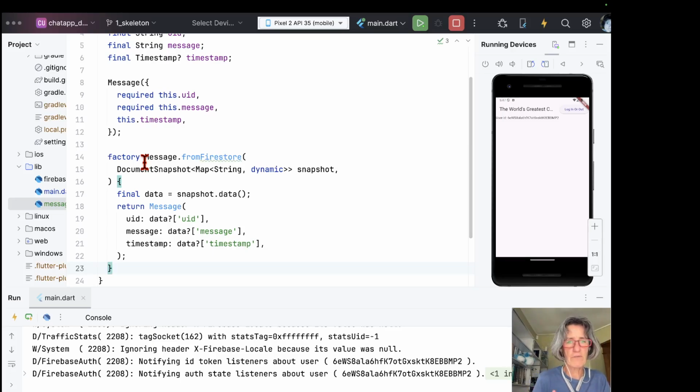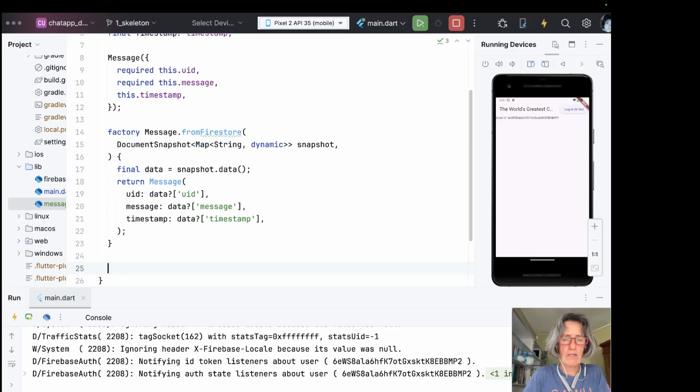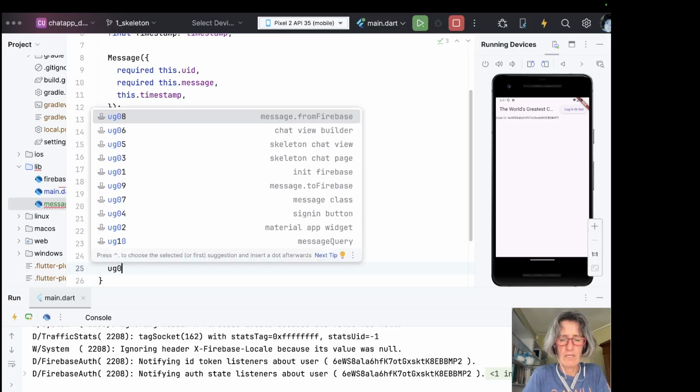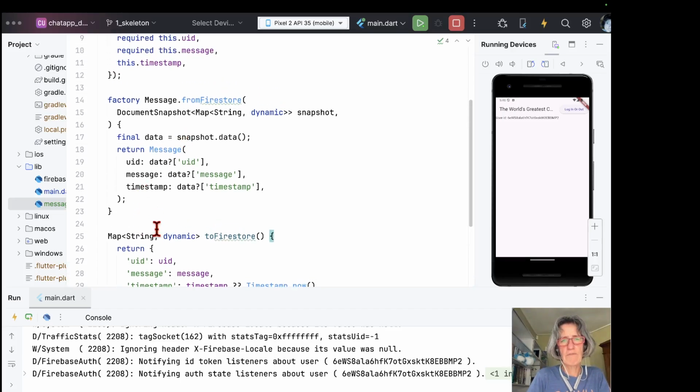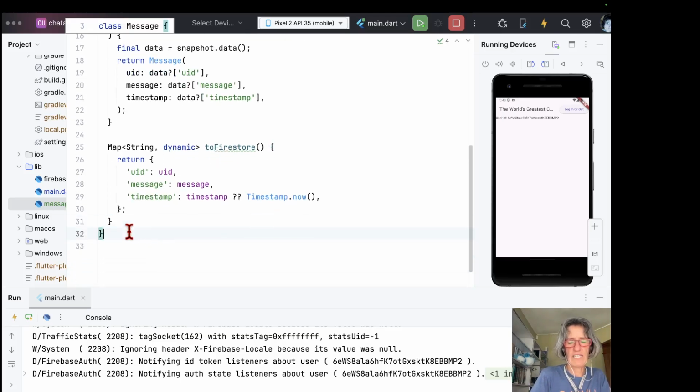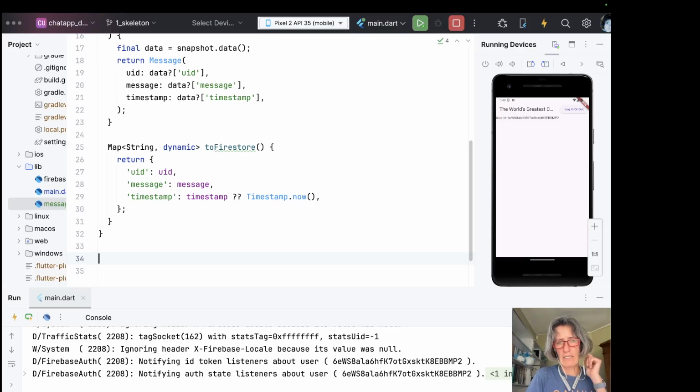So this is for the way from the database to my app, but I can also think of the reverse way. That would be toFirestore. This toFirestore is called on a message, so I'm already having the message, and it turns that into a key value pair. So this will be super useful when it's time to add data into your database. Right. So with these two convenience methods, it's now time to set up the database query, and that is done